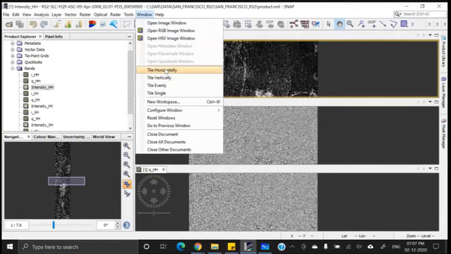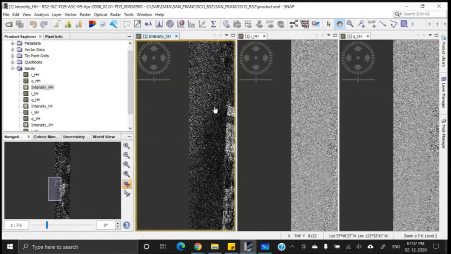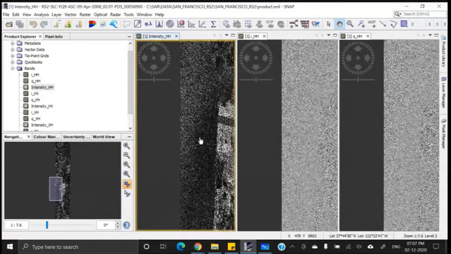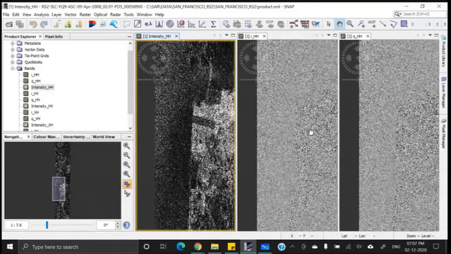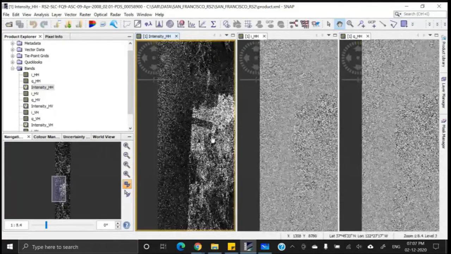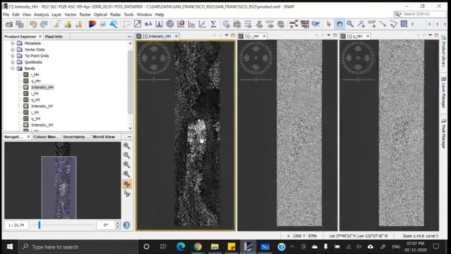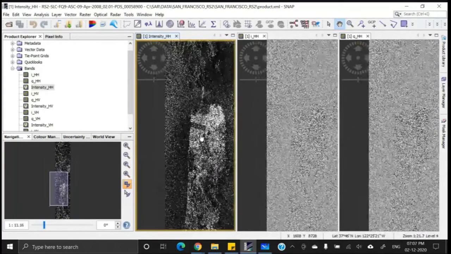Or Window, Tile Horizontally, and the three windows will be displayed like this. Now see, here we have a tool where I am targeting the mouse pointer. This tool will make these three images geographically linked. If I pan one image, the others will also be panned. If I zoom one image, the others will be zoomed at the same ratio.